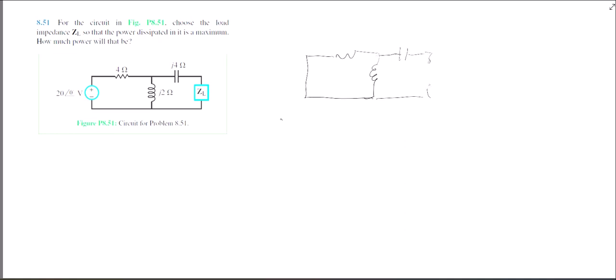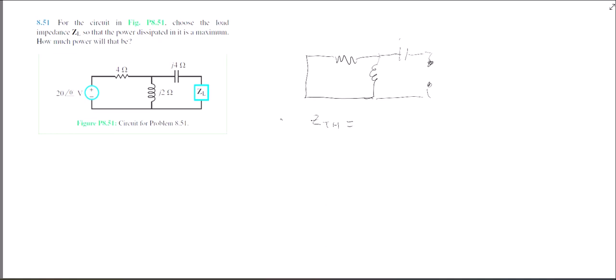We want the impedance as seen from the point of view of the load, right here. What we have is an inductor and resistor in parallel, and that in series with the capacitor. And so Z Thevenin